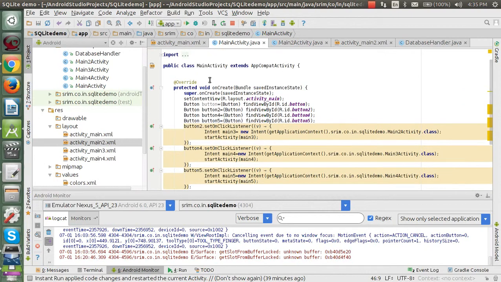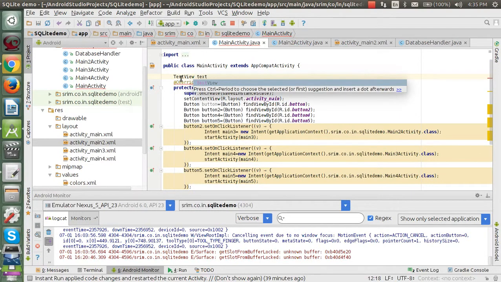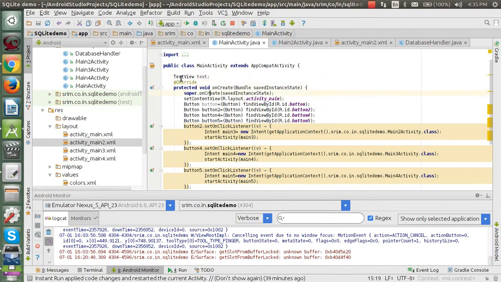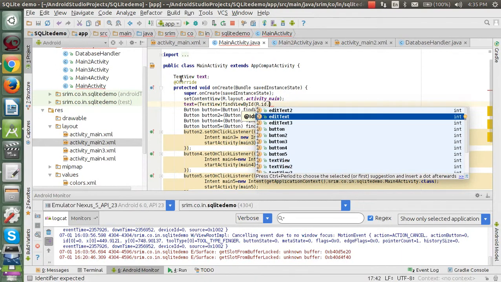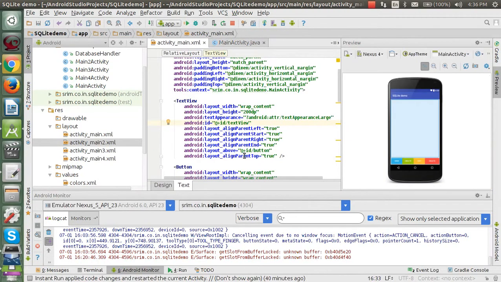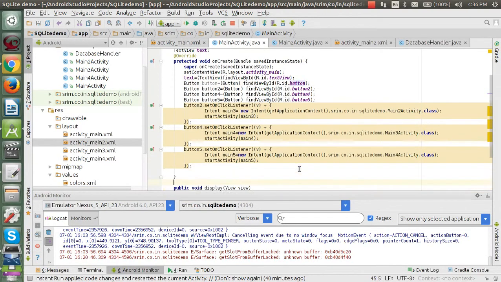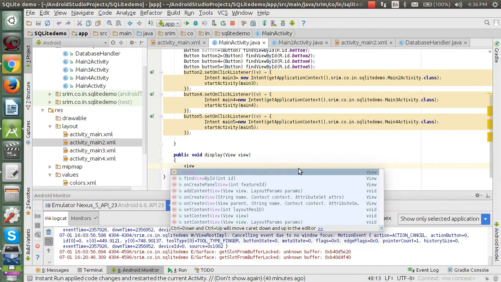Now we are going to create a text view and text, and here we are going to declare that. id dot text view 1. Here we are going to call the view dot,